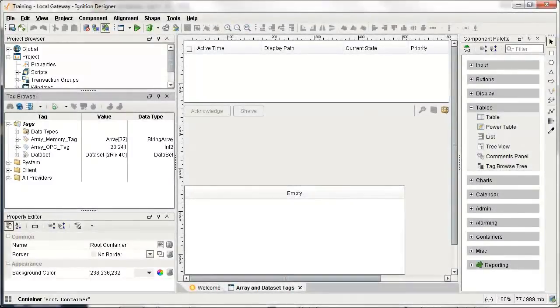In this lesson, we'll take a look at array and dataset type tags. We'll start off in the tag browser. I have an OPC tag. We can see its data type is set to an int2, and we can see the value here. Let's say I didn't care so much about the value on the tag as I did the individual bits. If I wanted to expose those into the tag browser, I can simply change the data type of this tag